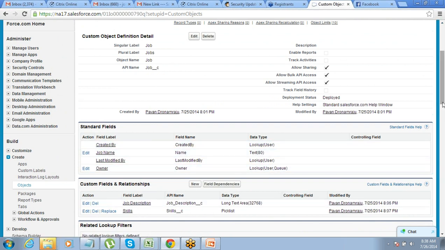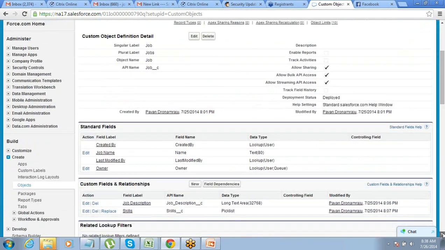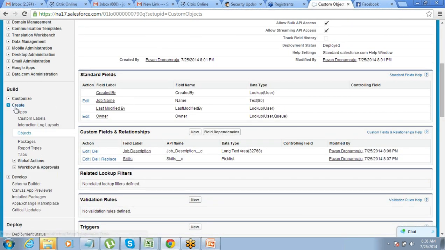Okay, that's fine. Now the object has been created in the backend, but I don't see any connector. It's more like you have a light, but you do not have a switch for the light. So how do you operate with it? The object that you have created has got into the backend. Now you need a tab here to connect to that. How do you bring in that tab? Very simple. Go to setup, create. This time click on create tabs.